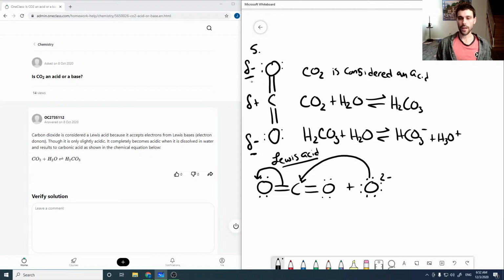If it acts as an electron acceptor, then it's acting as a Lewis acid, and so the product of this reaction would be CO, and then that would be minus,